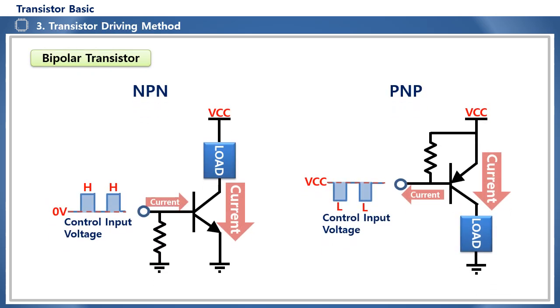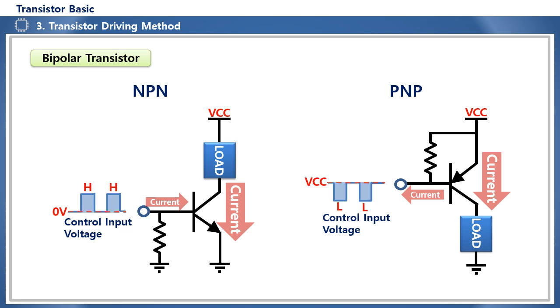If we look at the actual driving circuit, the bipolar transistor is a current drive switching element that turns on and off depending on the direction of the current applied to the base. It is divided into the NPN method that turns on between C and E when current is input to the base, and the PNP method that turns on between E and C when current is extracted from the base. The directions of the control current and turn-on current of these two methods are the same as the direction of the arrow between the base and the emitter. So they can be intuitively understood just by looking at the element symbols.